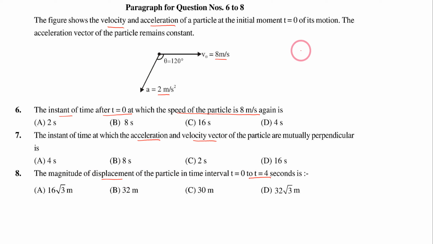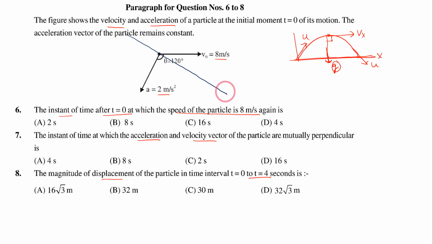So we will see the basics of projectile. If this is the projectile path, see, the acceleration is directed downward here. So basically the reference line, the x-axis we choose, is perpendicular to g, right? And you know that if we throw with u, it hits the ground again with the same u, and at the topmost point the particle is moving horizontally, meaning the velocity becomes perpendicular to g. Now the same concept we will use in this situation also. So we will take a reference line, that is the x-axis, perpendicular to a. So from here, if we draw a line like this, this becomes perpendicular, call it the x-axis.